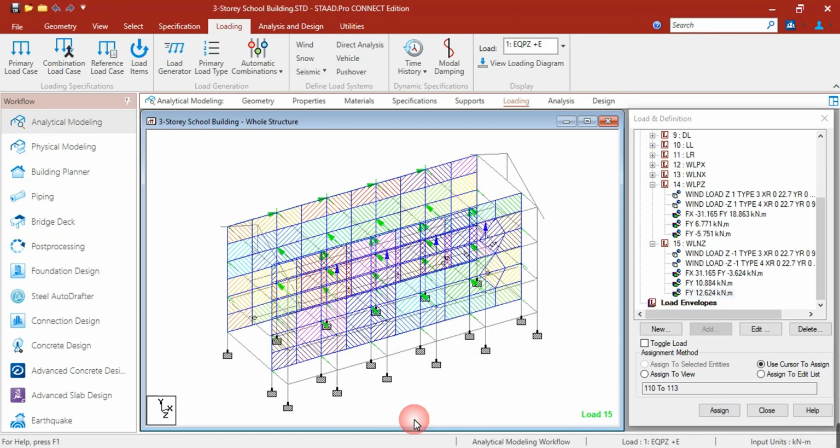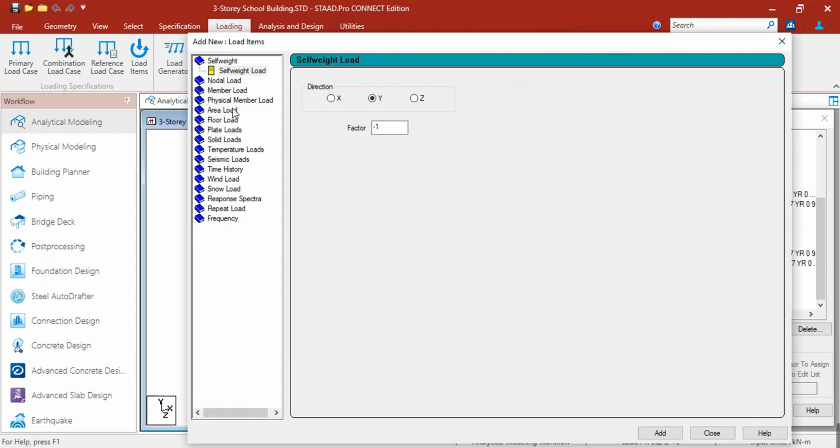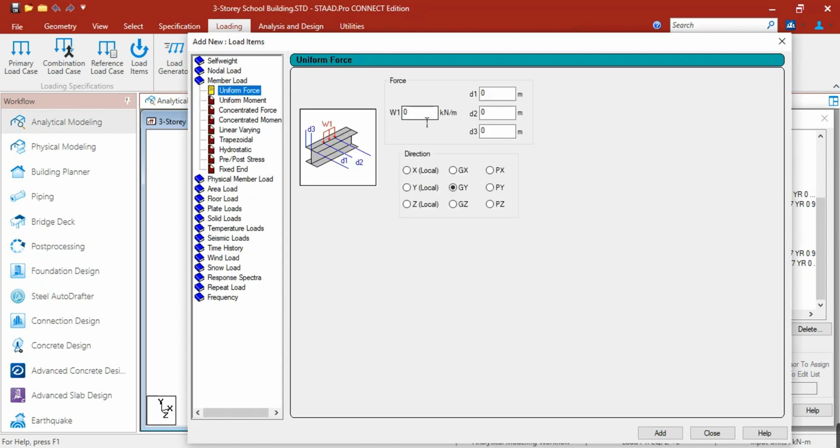Then going back to our model, for positive Z, let's click add, then member load. W1 is negative 8.326 divided by 2. That is negative 4.163. Take note, this is a wind load. That's why the direction should be Y local. Then click add.